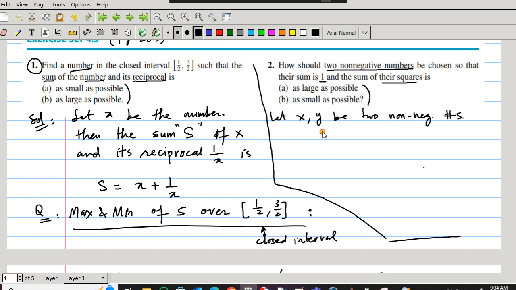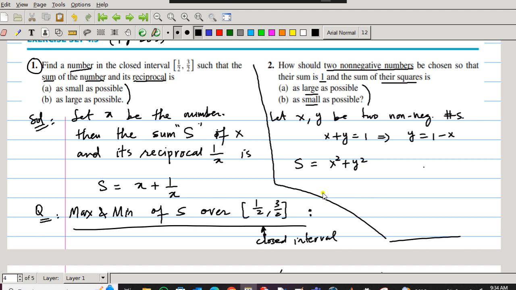So one condition is given that x plus y has to be 1, right? So from here I can write y is equal to 1 minus x. And then he said the sum of their squares. So let's say s is the sum of their squares, x square plus y square,